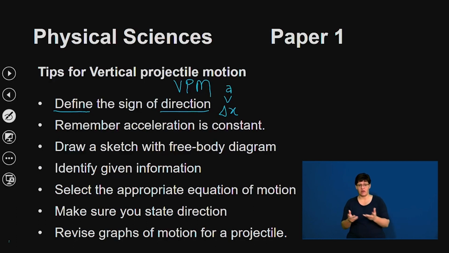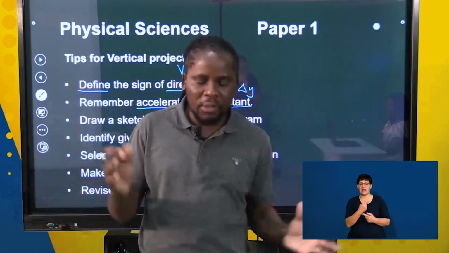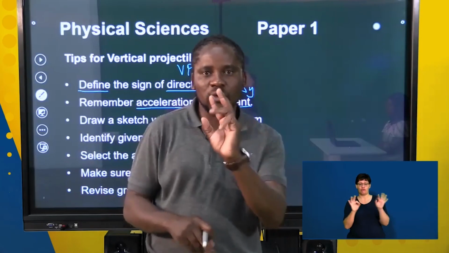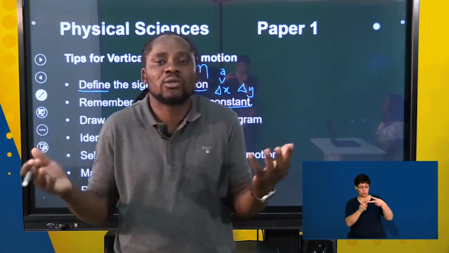Usually, if we say vertical, we'll obviously talk about delta Y, okay? So take note of that as well. But the main idea behind free-falling objects or vertical projectile motion is that there is a constant acceleration experienced by the object. So, I would use this statement just to capture exactly what is important about free fall and projectile,